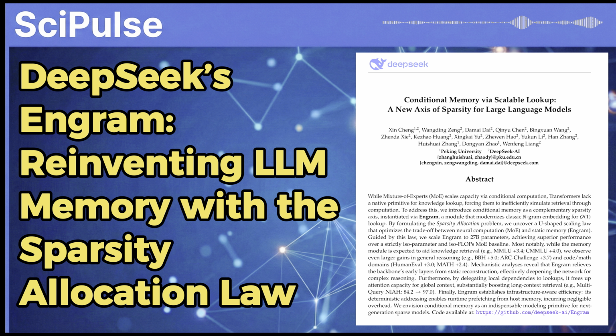So they did a deep mechanistic analysis, and the core insight is that Engram just fundamentally changes how the LLM distributes its workload, specifically in the first few layers of the transformer. So it's not just adding something, it's optimizing how the whole system works. It's a smart reallocation of resources. Think about it. Because Engram is handling all the boring lookup work, it relieves the backbone's early layers from static reconstruction. Okay. Those first few layers, which would normally be busy just trying to figure out the basic facts in the prompt, are suddenly free.